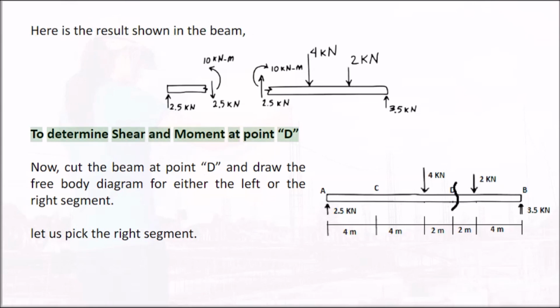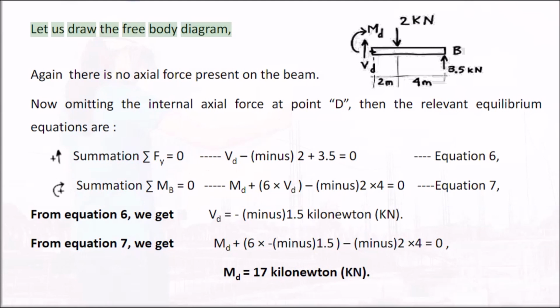To determine shear and moment at point D, now cut the beam at point D and draw the free body diagram for either the left or the right segment. Let us pick the right segment. Let us draw the free body diagram. Again, there is no axial force present on the beam. Now, omitting the internal axial force at point D, the relevant equilibrium equations are